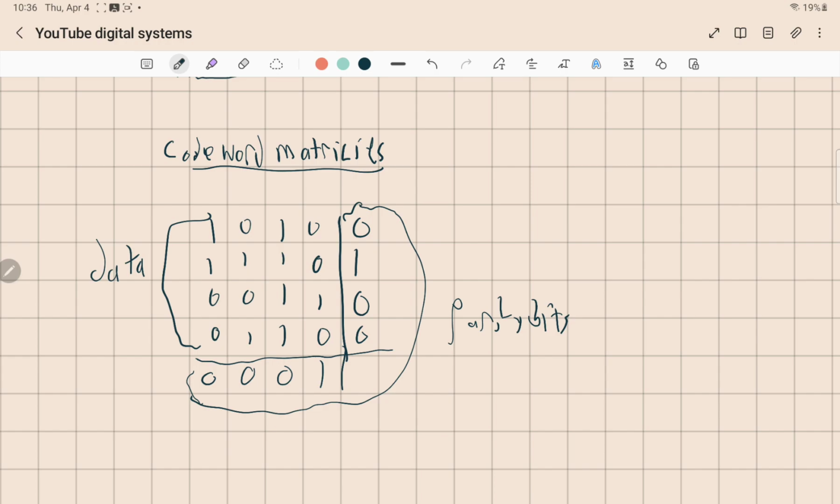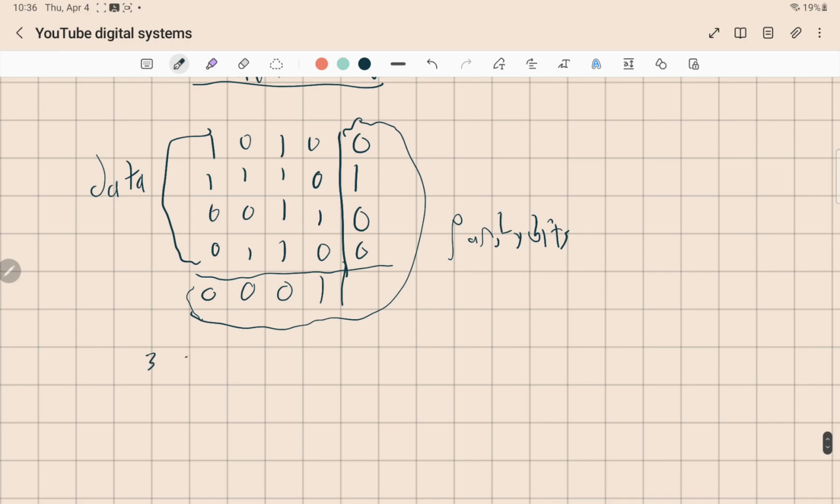So, let's say 3 are changed. How many parity bits are going to change? There's different ways to do this. One is to do this. If all these are changed,